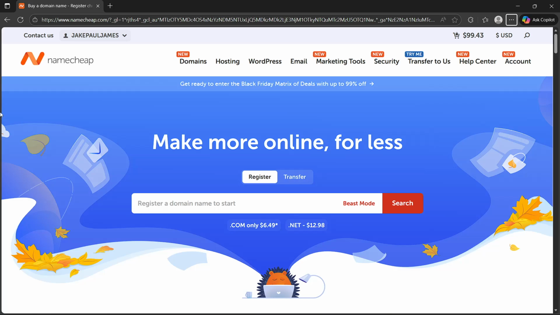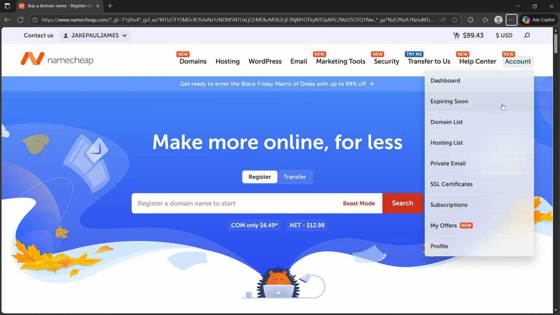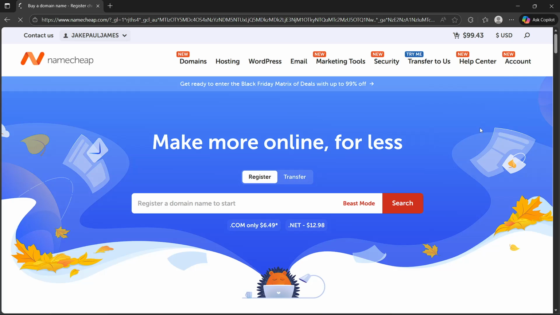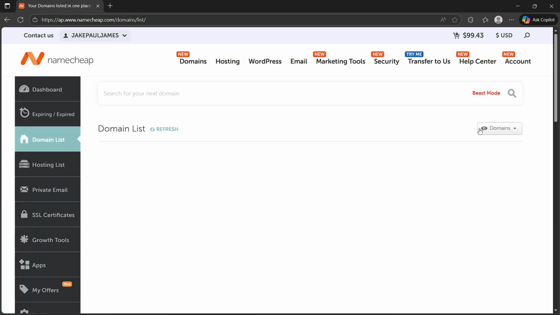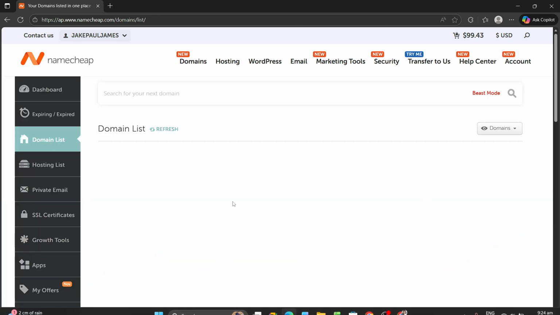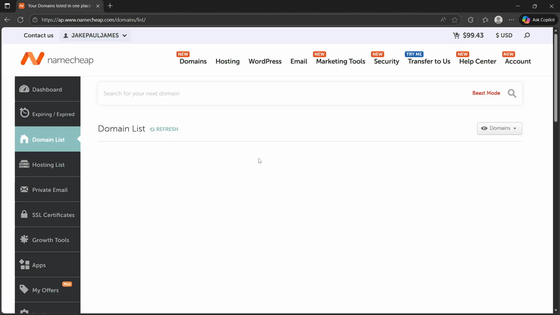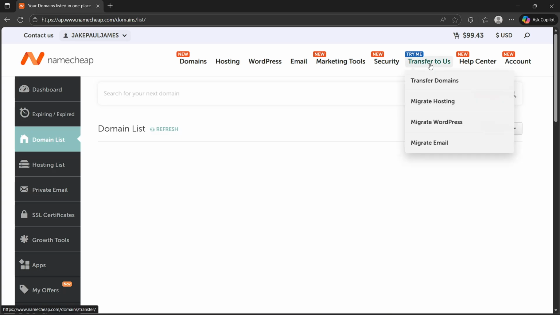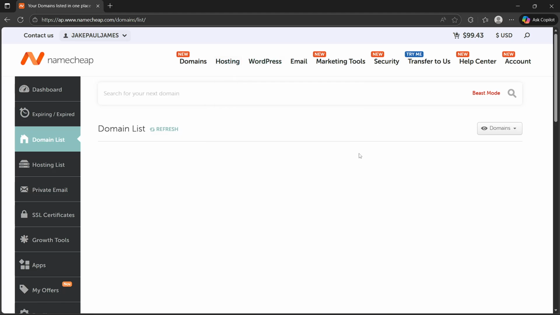So the first thing that you will have to do is go to your Namecheap account, of course, and then once you're already logged in, you will go to the account section and then you will see domain list. So just go ahead and click that. And then here you should already have your domain so that you would actually be able to see the manage option here. So what you will have to do is simply click manage and then you will scroll down to sharing and transfer, and then what you will have to do is basically just click share domain access, and then